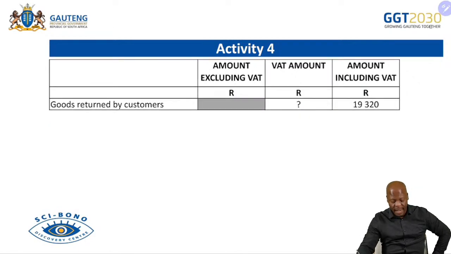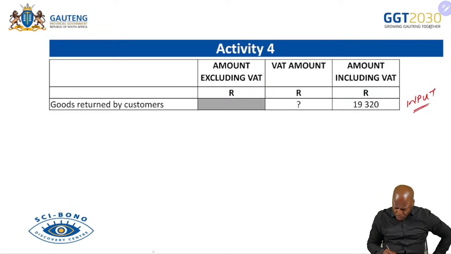Goods returned by customers. What direction are those goods going? They're being returned by who? Customers. That means they've gone out, sales, being returned, so they're coming in. So we're talking input VAT. So what we want here is VAT, which is 15 over the amount including VAT, 115, multiplied by